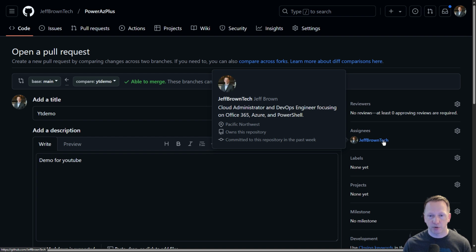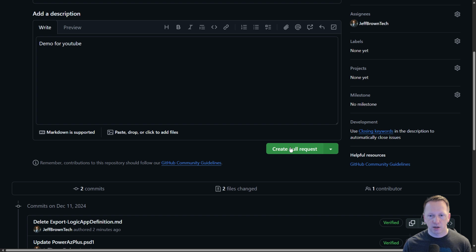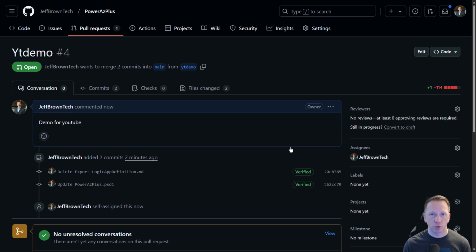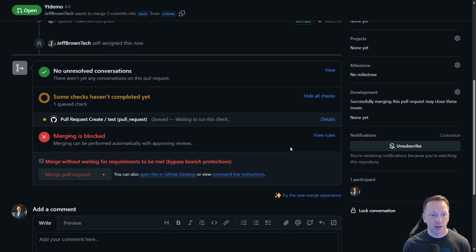I'm going to put myself as an assignee. Don't have any labels or anything like that just yet. And let's create the pull request. Now, when I create the pull request, that first workflow should kick off. And if we scroll down here, we can see it shows some checks haven't completed yet, but it's running the